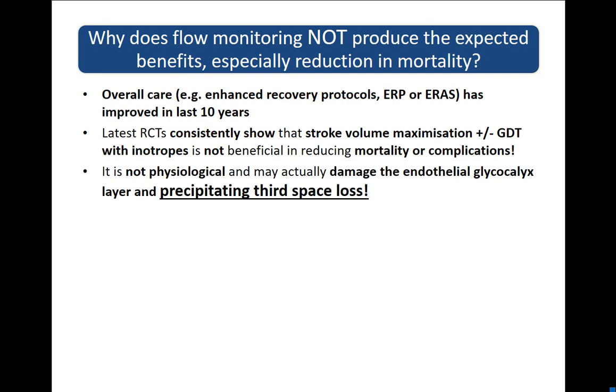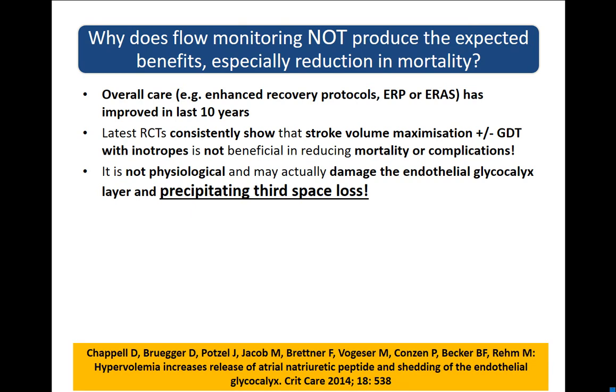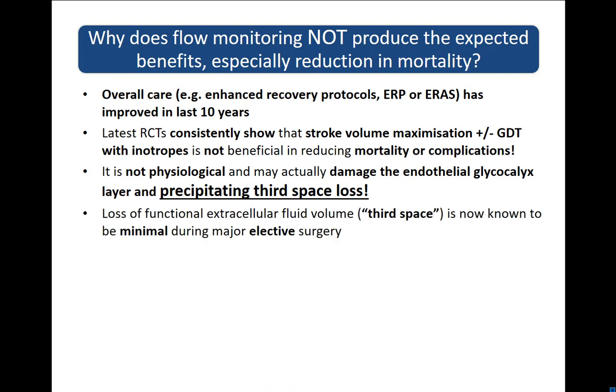It's not physiological. And interestingly, we say third space loss does not occur during major surgery. Well, it is possible to damage the endothelial glycocalyx layer and actually precipitate third space loss in these patients. And that was well clarified by a paper from Daniel Chappell in Matthias Jacob's group in Munich, where they showed that excess fluid can damage the endothelial glycocalyx layer and therefore lead possibly to fluid loss. We know now from other trials using other dilution techniques that third space loss does not occur or is minimal